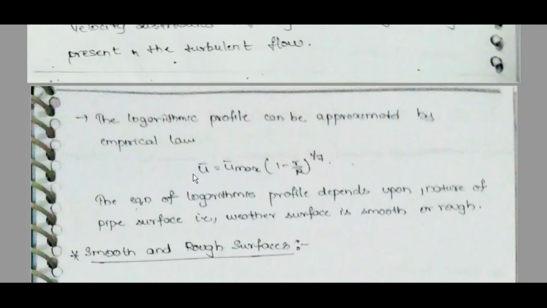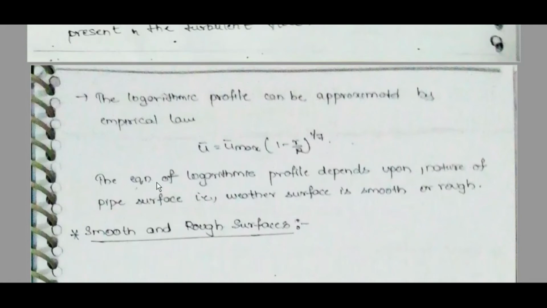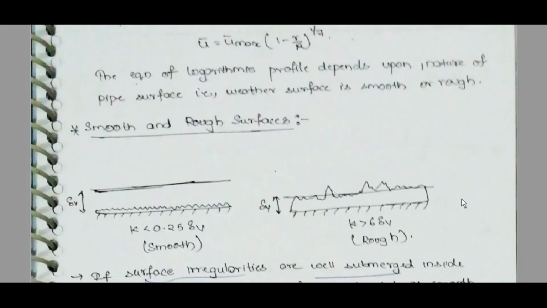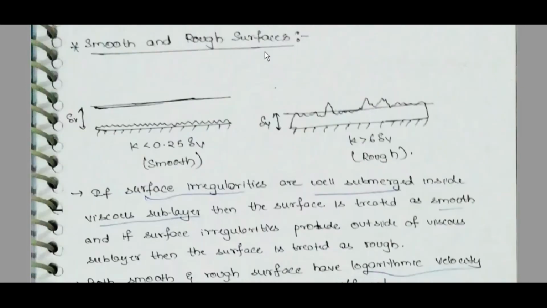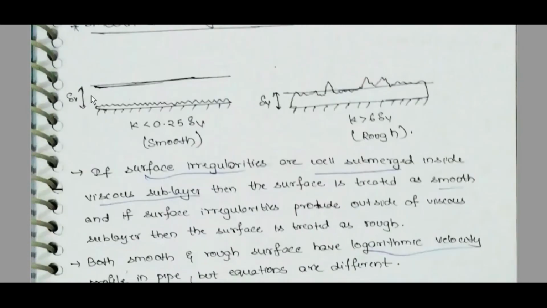By the empirical law, u bar is equal to u bar max into (1 minus small r by capital R) whole power 1 by 7. The equation of the logarithmic profile depends upon the nature of the pipe surface, that is, whether the surface is smooth or rough. Smooth and rough surfaces: K is less than 0.25 del V for smooth, K greater than